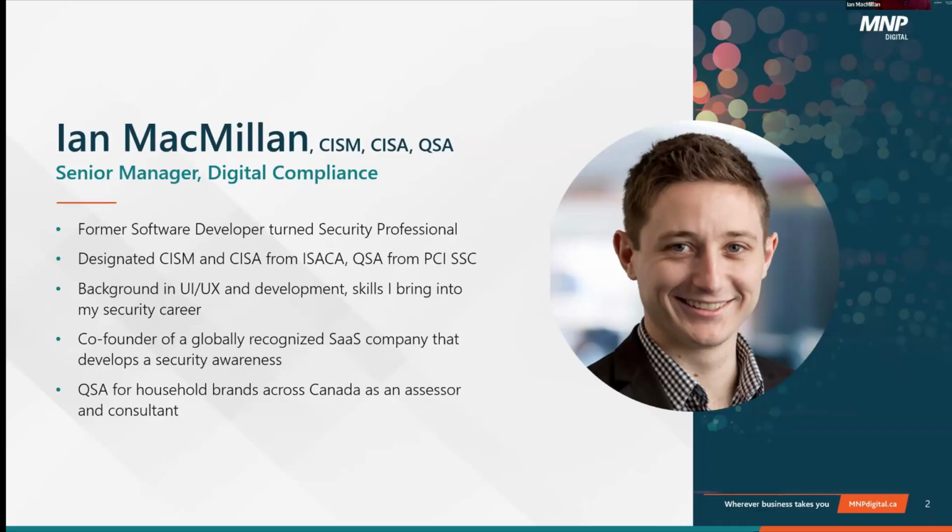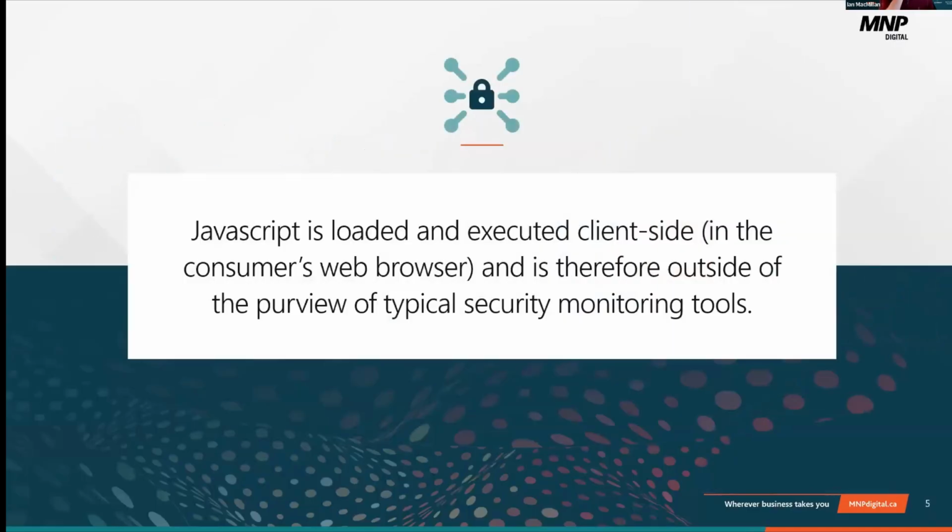So just talking a little bit about some of the technical aspects of this. E-commerce environments and e-skimming is something that's really come to the forefront in version 4 for PCI, particularly for organizations that have smaller e-commerce environments or smaller payment environments. We have a lot of clients in our compliance practice here at MNP that are outsourcing their payments to a third-party service provider like Stripe or Moneris Checkout, or they have that embedded iframe or that redirect. They have a low number of transactions, so they're completing a self-assessment questionnaire A, or an SAQ-A.